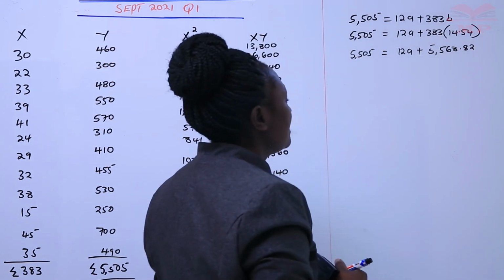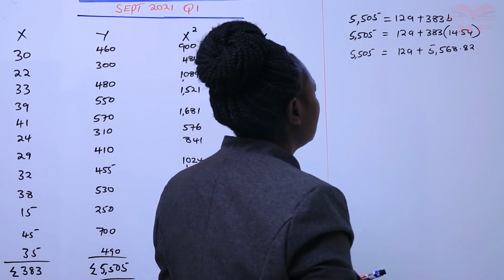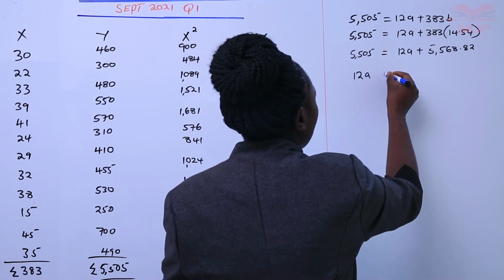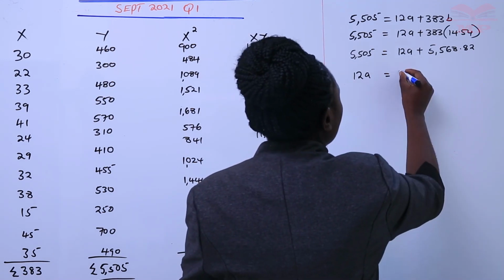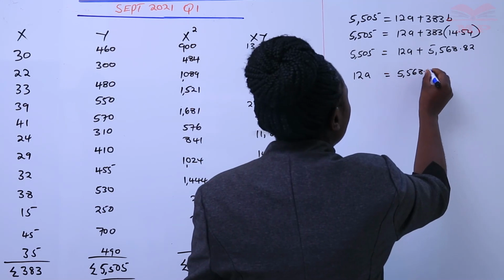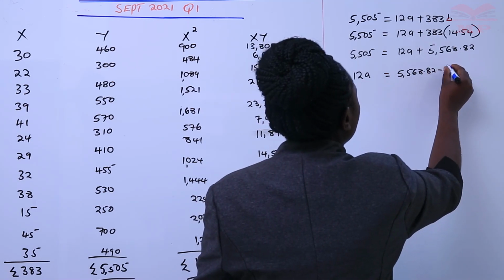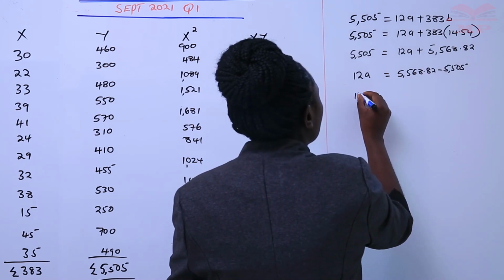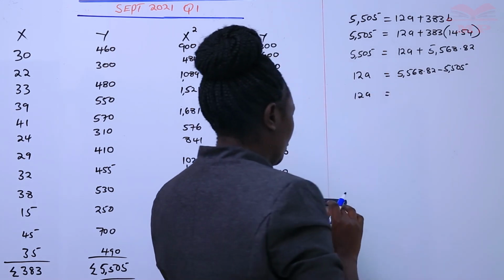So from here we select the like terms. So we'll have 12A equals 5,568.82 minus 5,505. So 12A will be equal to